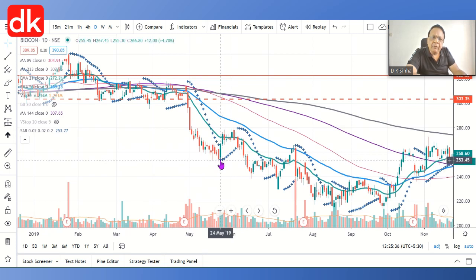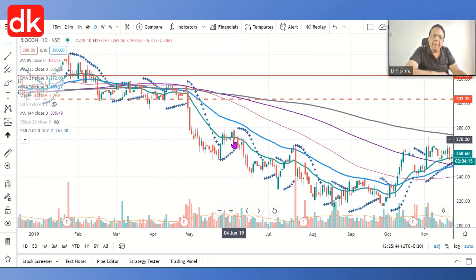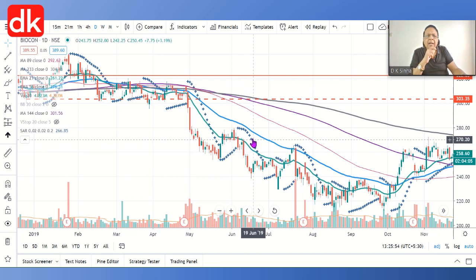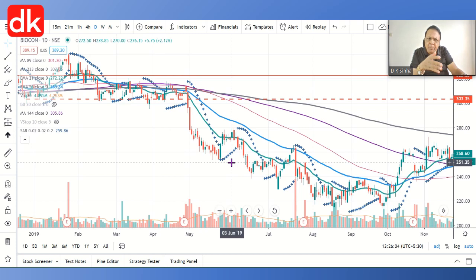So for example, we will wait till this pullback is over. The pullback seems to be over here, as the formation of a bearish candlestick, a price rejection from EMA 21. And an experienced trader will take a short selling opportunity at 269.5. While those who are depending upon parabolic SAR will wait, because after this candle, they could see the formation